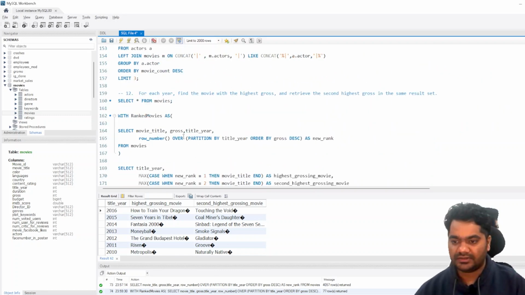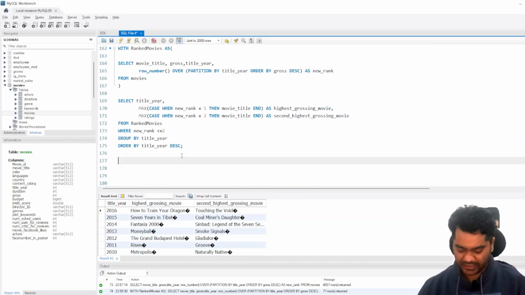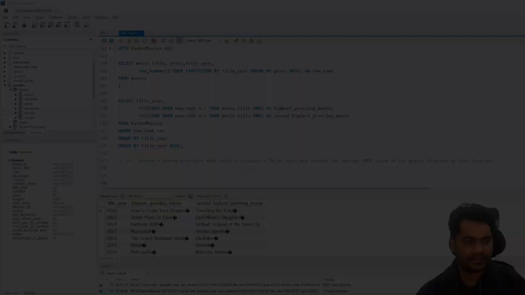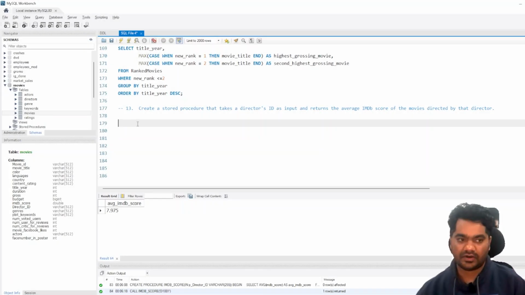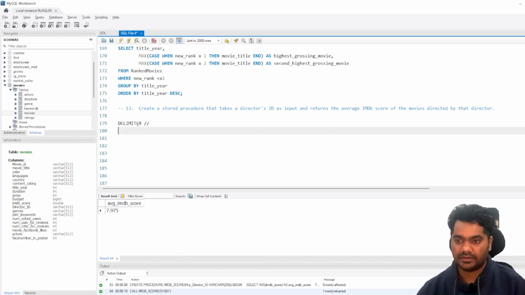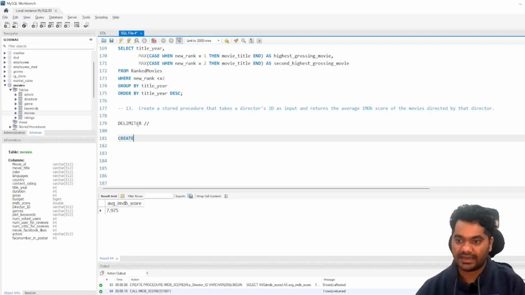You can try it yourself. Later on, you can see the solution. So to create a stored procedure, we will start by writing delimiter, and then we will write create procedure, and in create procedure we can give any name. Let's give our procedure the name average IMDb